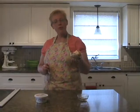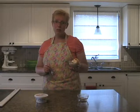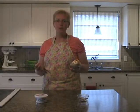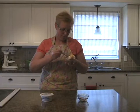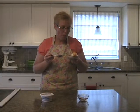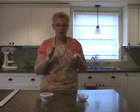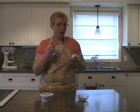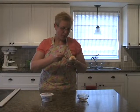So there you have it, guys. Creamy quinoa apple crunch. A healthy dessert made with quinoa, made creamy using the Philadelphia cream cheese. I really, really like that. The apples are cooked, but they're still a little crisp. And the nuts add a nice crunch. And the spices,